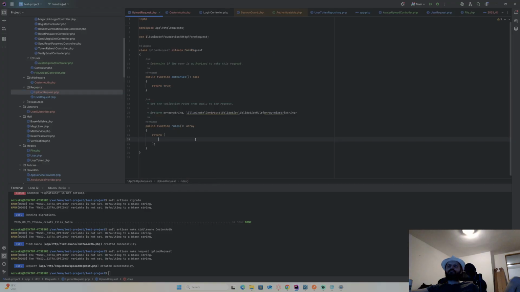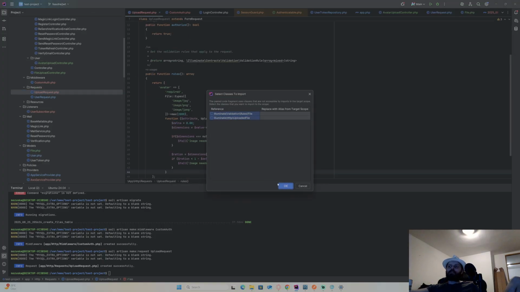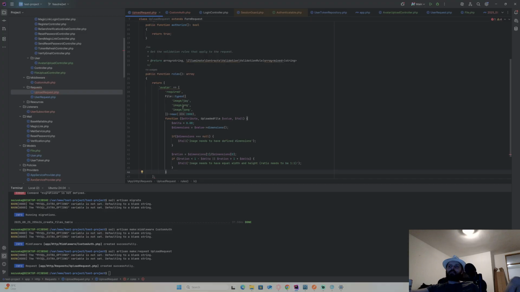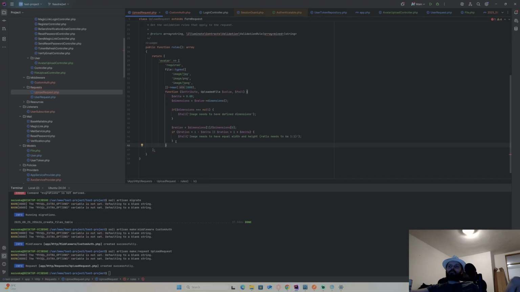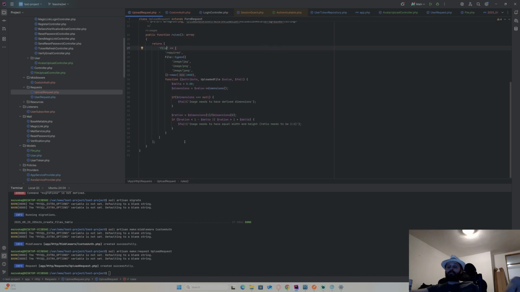Here we go. Just check, is this correct? Now I'm missing the closed parenthesis here, and this is gonna be file like this. So required for now.